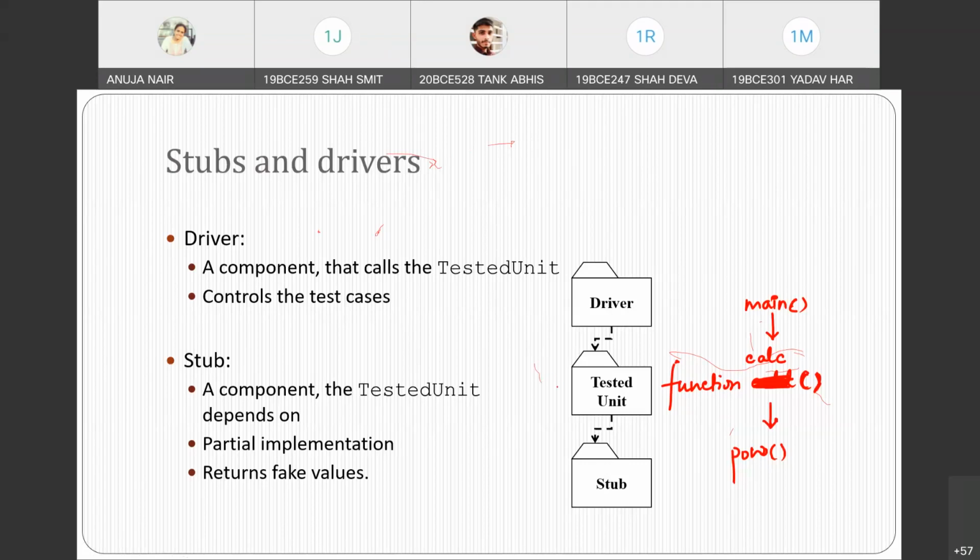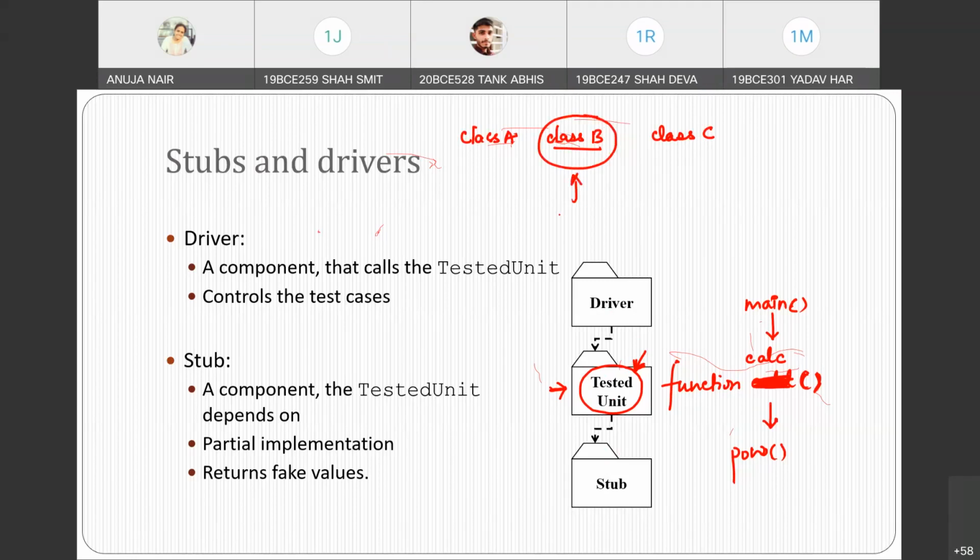Now, let's suppose this tested unit is the unit which is completely ready. I want to test this particular unit in accordance with the other modules to which it is attached. Suppose I have a class B. Now this class B is dependent on class A and class C. This entire class B is made by me.